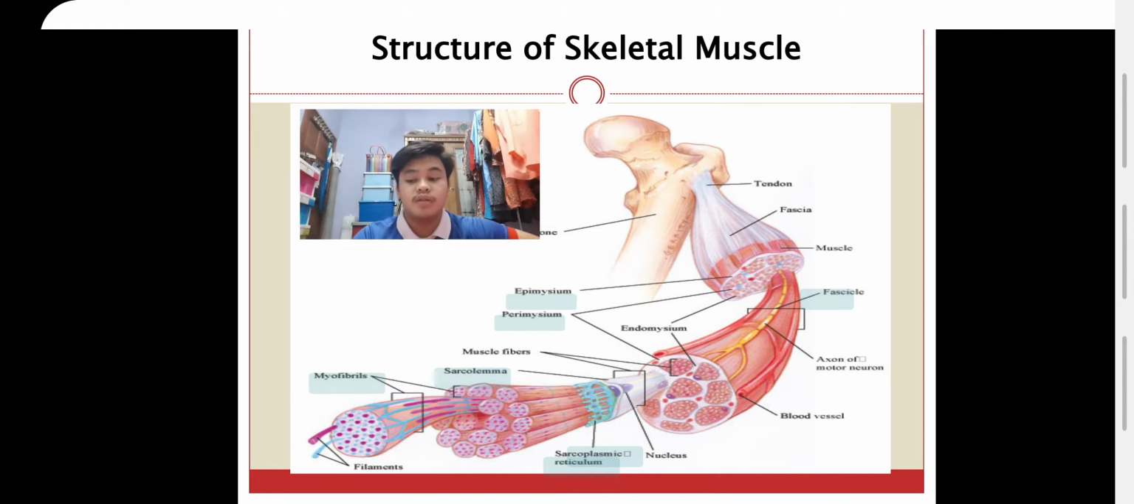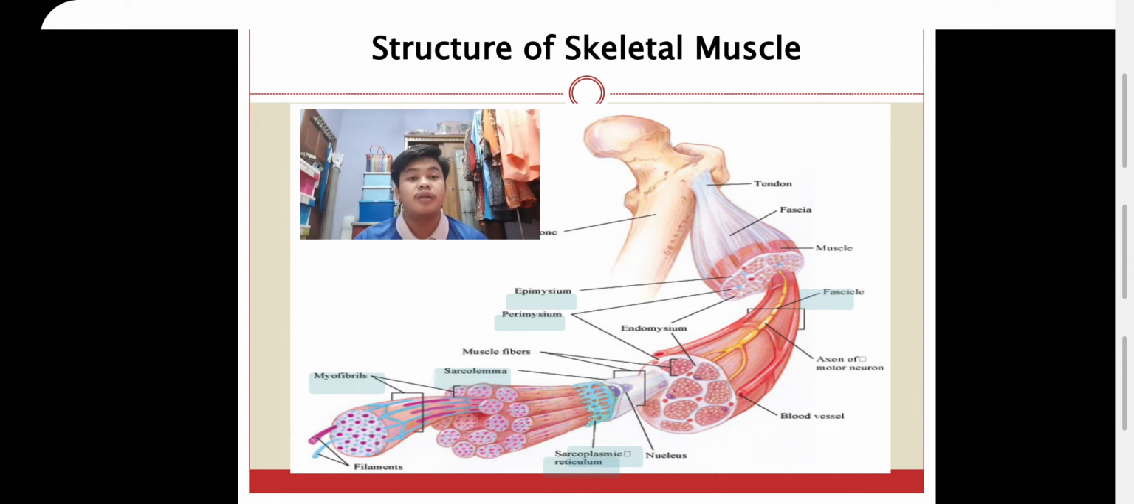Firstly, a skeletal muscle consists of many components: fascia, fascicles, epimysium, perimysium, endomysium, sarcolemma, myofibril, sarcoplasmic reticulum, and the sarcomeres. Okay, for the first slide, which is the picture of the structure of the skeletal muscle, we start from the